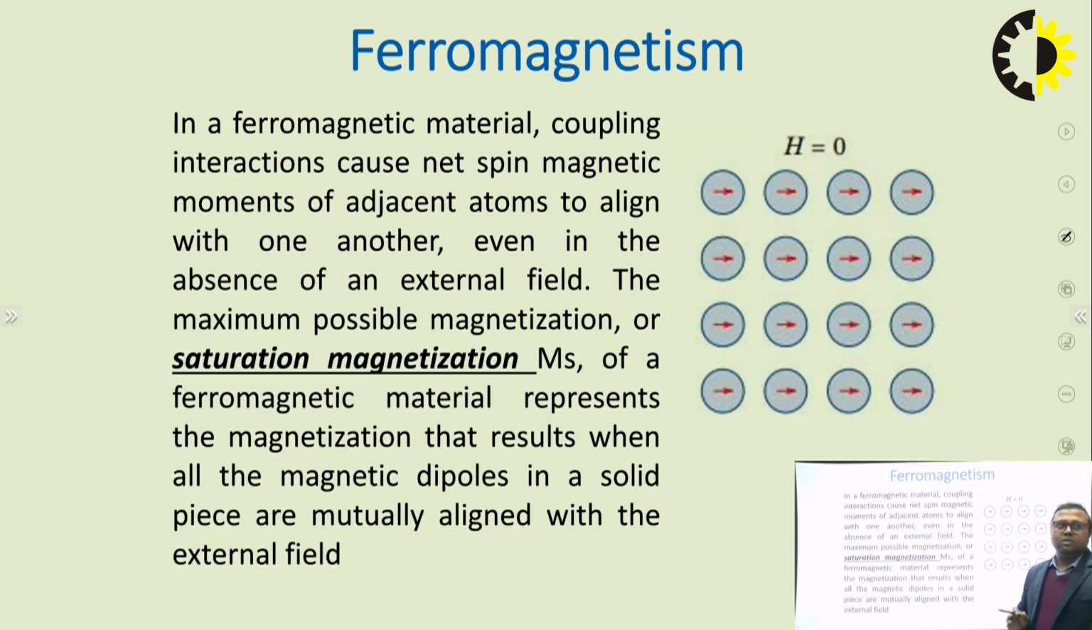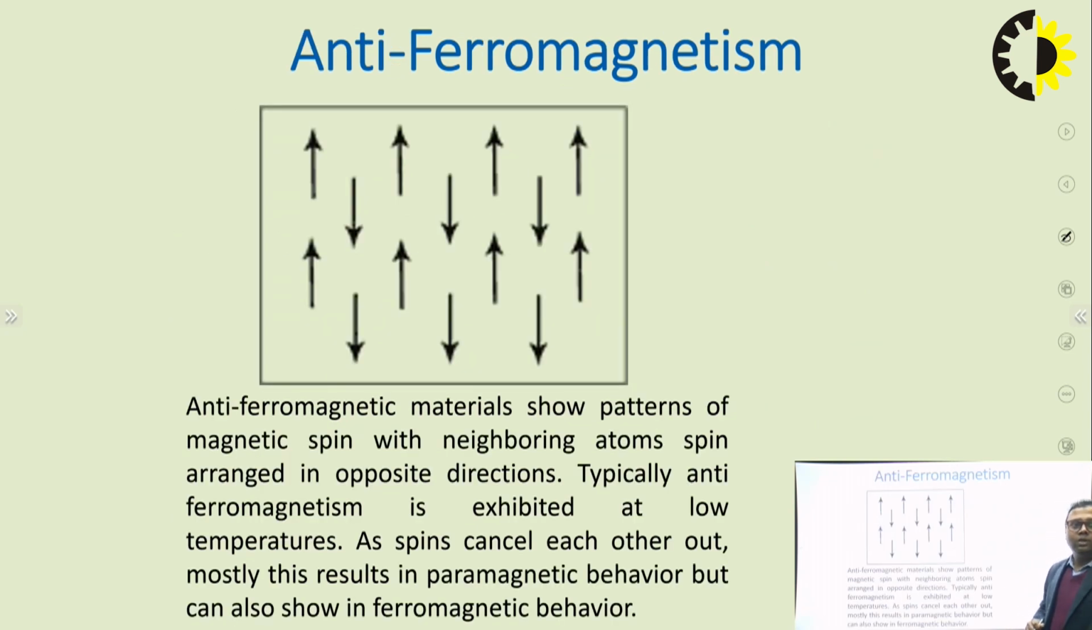So in ferromagnetism, you can see that when the external magnetic field is zero, all the dipoles are still aligned in a particular direction even in the absence of an external magnetic field. And the maximum possible magnetization, or the saturation magnetization, of a ferromagnetic material represents the magnetization that results when all the magnetic dipoles in a solid piece are mutually aligned with the external field. So next,